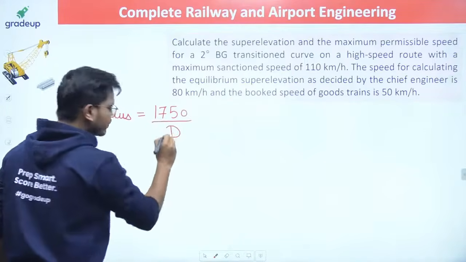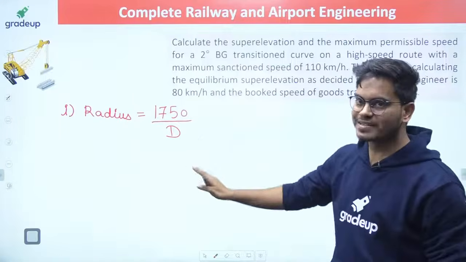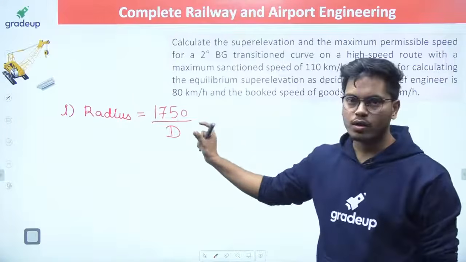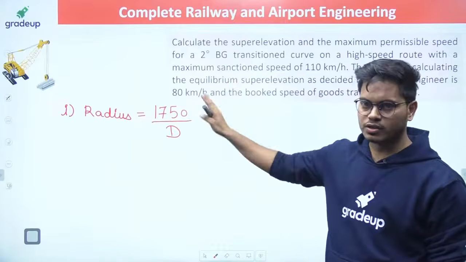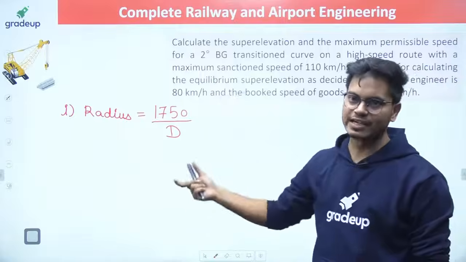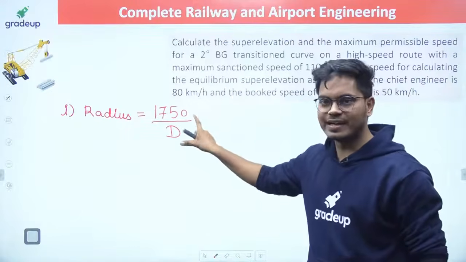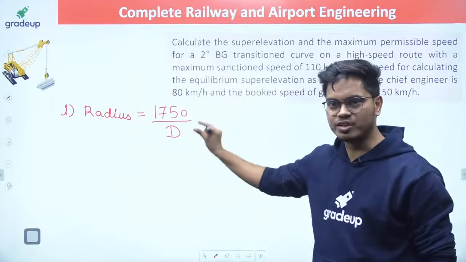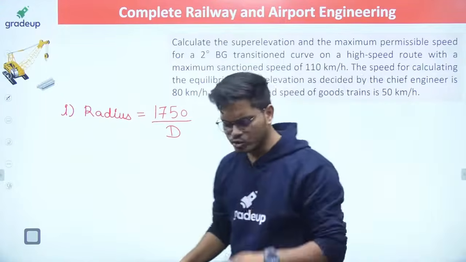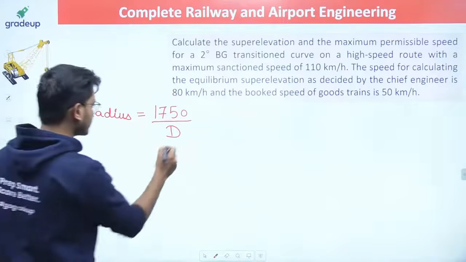1750 by D. Everyone please let me know if my handwriting is understandable, and also please tell me if I'm not writing very small. I'm using the smart board for 10 months, so maybe there are slight changes I can make for you. But first you tell me, guys, if the handwriting is not understandable, or if I'm writing too small or too large. Too large is okay, but if it is written too small, please let me know. I don't want to waste your time.